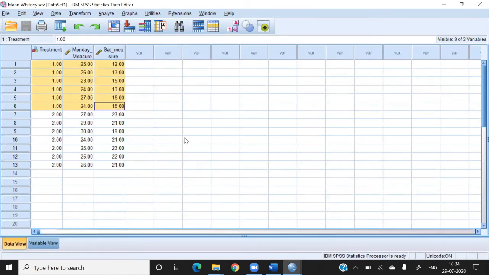Now give your understanding, whether you are getting it or not. All the tests are analyzed with the help of the p-value, so that is not a problem. If the mean rank is low, it means the value of the observation is low. Suppose your dependent variable is performance. Low mean rank means low performance, high mean rank means high performance. So we are measuring the rank.